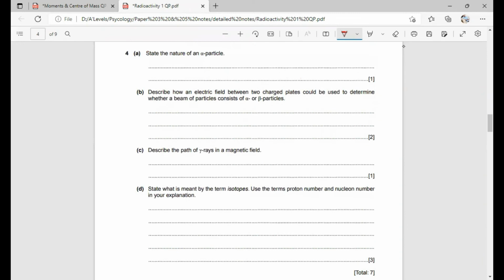Now another question, this is the same kind of question. State the nature of alpha particle. Questions like this come in this topic. State the nature of alpha particle. So we may write: alpha particles are positively charged particles